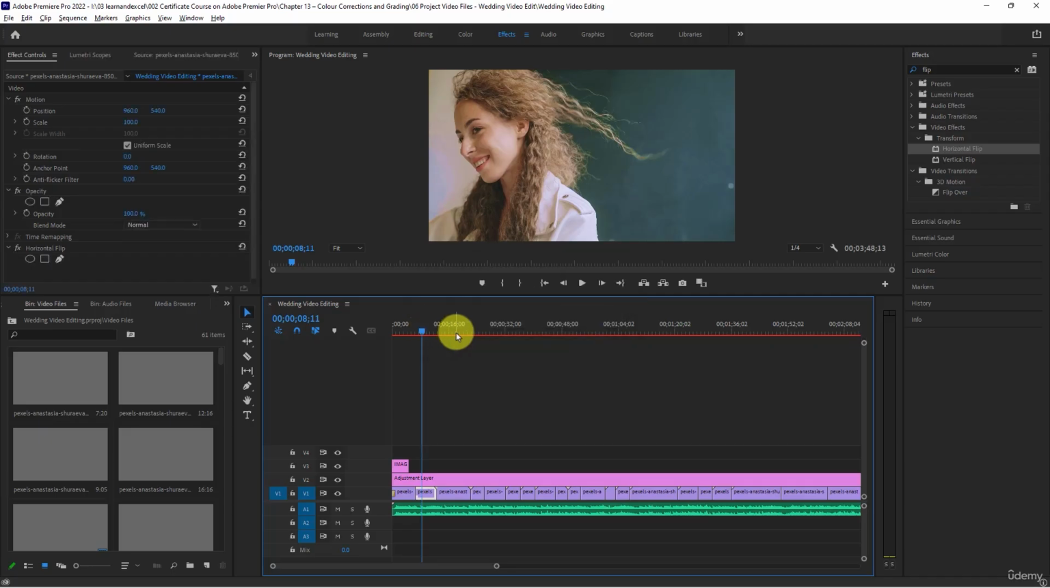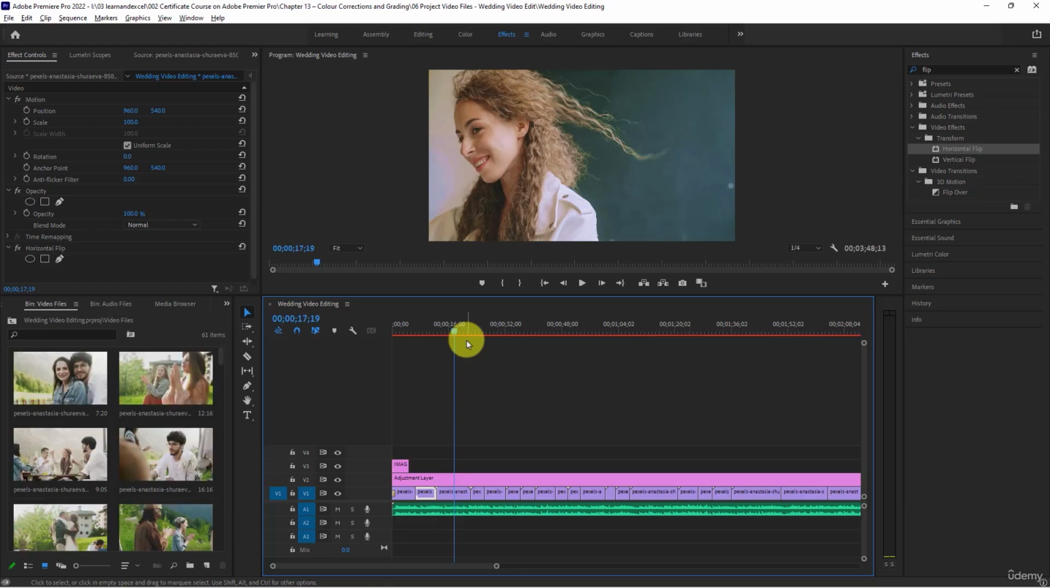So we got all those other things. So this is how you can edit the entire wedding video using Adobe Premiere Pro. You can use the same kind of procedure for all the cultures, all the different regions or countries' videos using Adobe Premiere Pro. We are not going to use different formats, so we are going